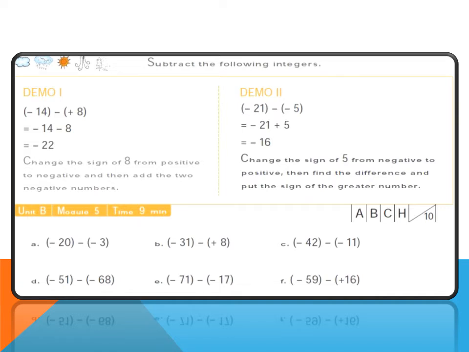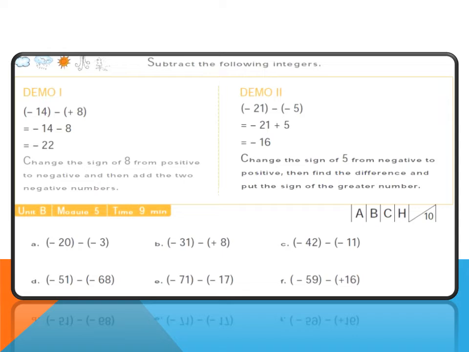So in module number 5, we have to subtract the following. So these kind of problems are very easy. Very easy in the sense you don't have to draw a number line actually. The number line part is also very easy, but there you have to draw the number line. It is a lengthy process. It takes some time. But in this type of problems, it is easy also and you will require less time also. So look at the demo quickly.